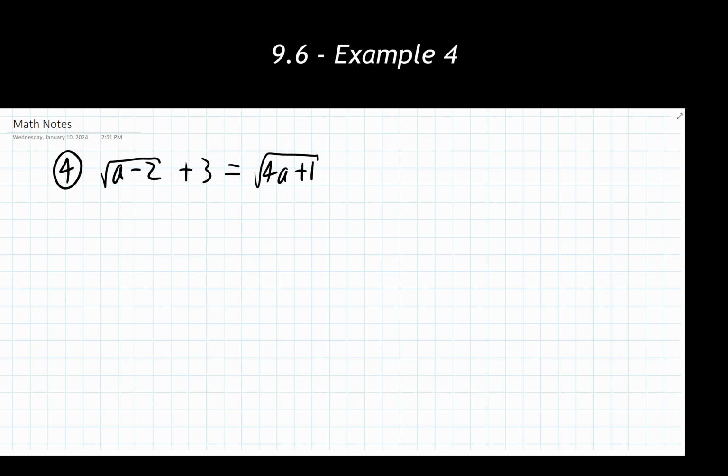I want to isolate a radical term to one side of the equation. It's our first step. I'm looking at the left side and noticing I have a radical plus something on the left side. And on the right side, I have just a radical over there, which is fine because our goal in our first step is to isolate a radical to one side of the equation. So I've done that on the right side. Awesome. Now I can advance on to step 2.